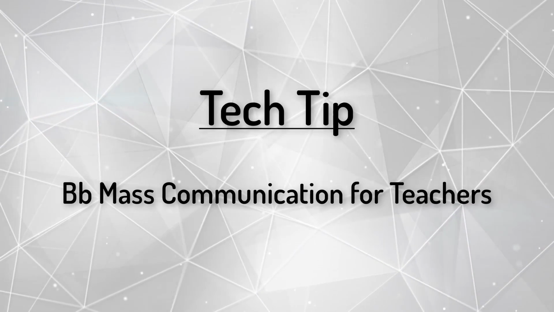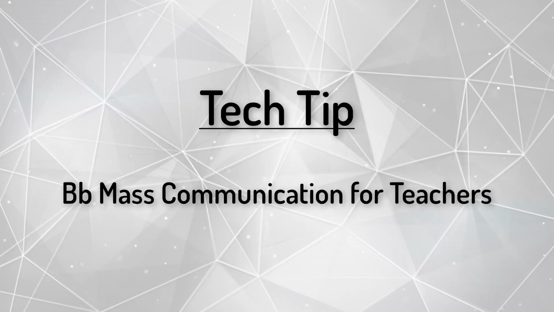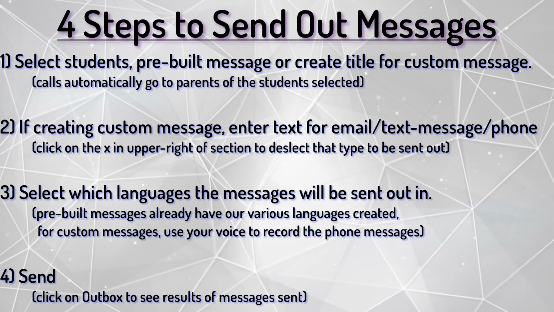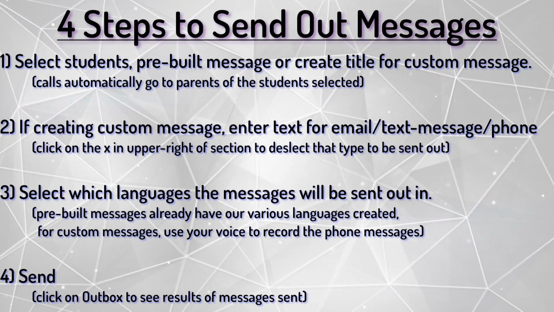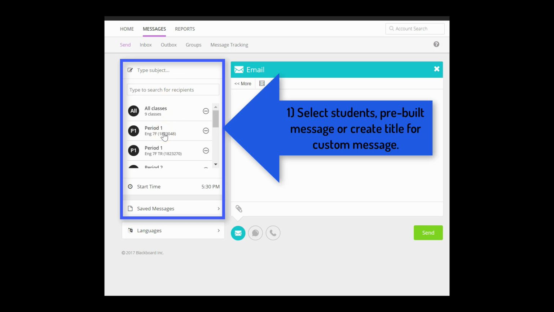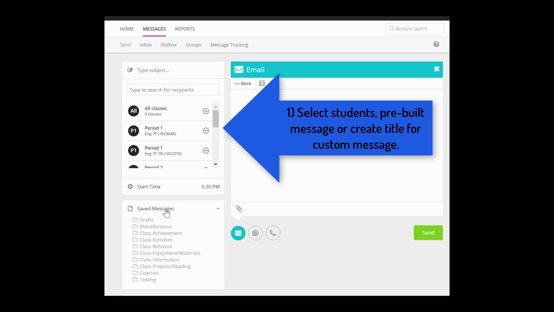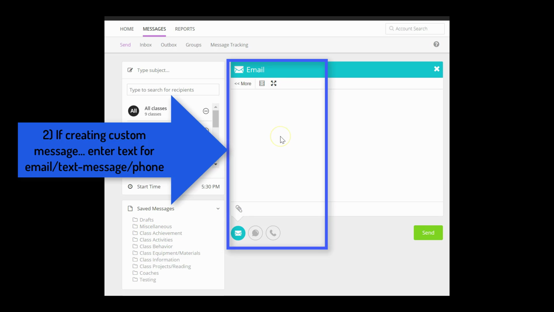Sending messages to parents via the Blackboard mass communication is a 4-step process. Step 1 is selecting the students, and remember the message is going to go out to the parents of the students, creating the title. If it's a pre-recorded, selecting the pre-recorded messages found in the saved messages and the different categories. Step 2, if you are going to create your own message, then you would type in the message into